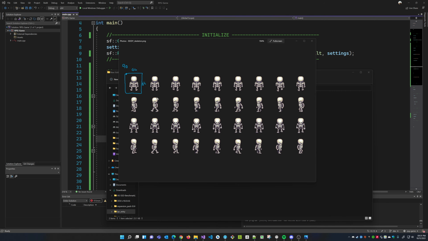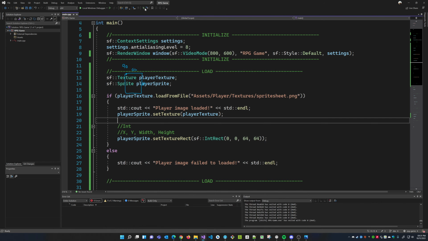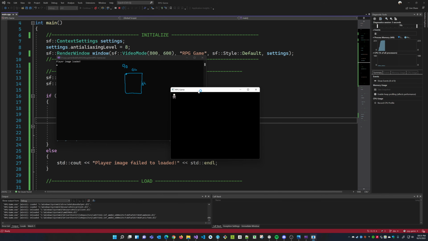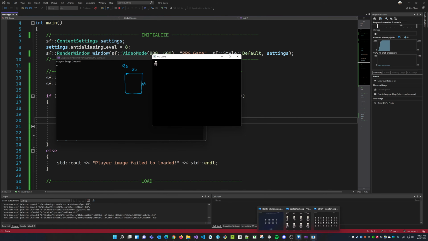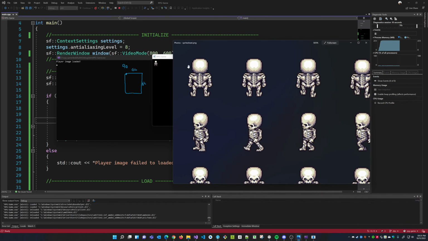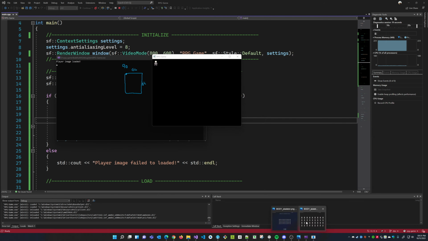What if I want the second image? Well, let's do some math. Before we do that math, let me just run this so you can see it. If I press play, you'll see that now I'm only drawing the first image, and this is my first image over here. I'm only drawing this part of the image. What if I want to draw the bottom part of the image? What if I want to draw this one? Well, this is pretty easy to do again.